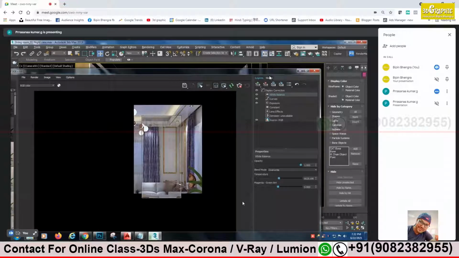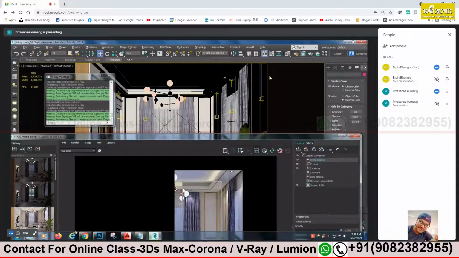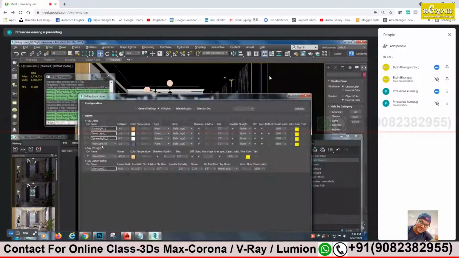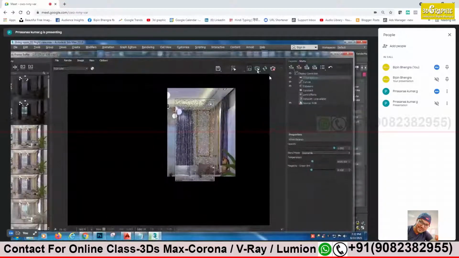Okay, fine. On the other lights, it's okay. All the lights, sir. Other cove light and window light, dome light, whatever we have started. Yes, okay, fine. Now take a test render again. It's okay. In Photoshop also we can do a little bit of color correction and make it more night, cool temperature over there.